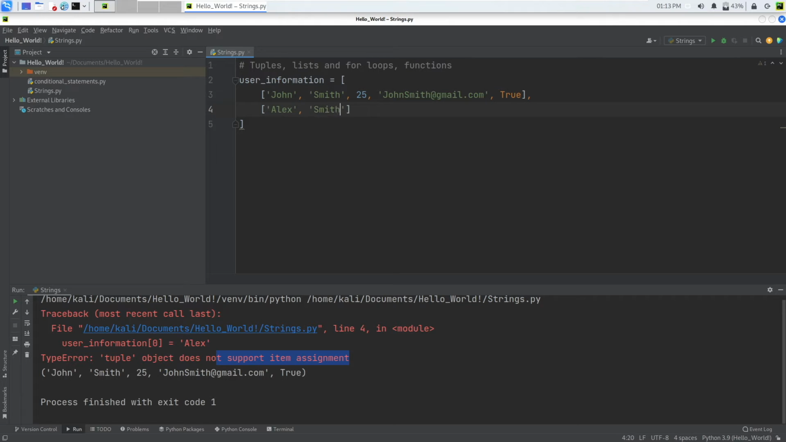Let's put Smith again. Let's imagine they are brothers. So 22. And let's add an email, alexs@gmail.com. And let's put false. Now if we go ahead and print user information,